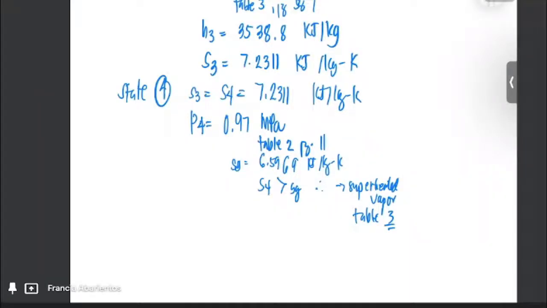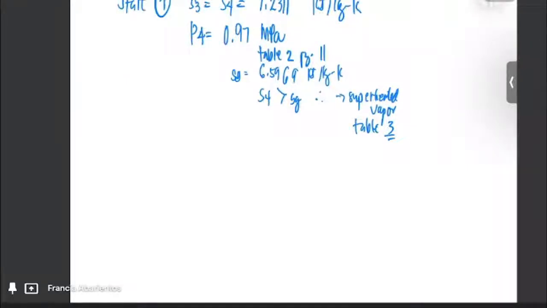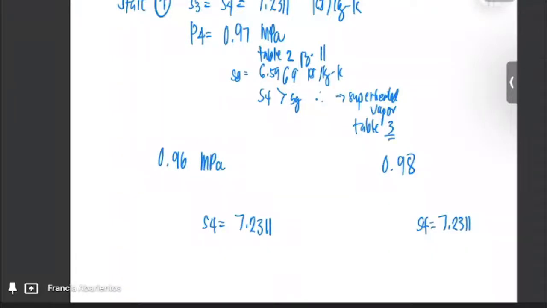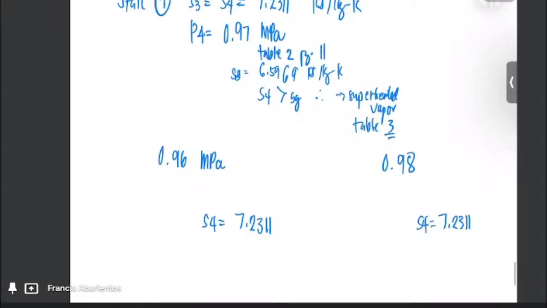0.97. Okay. We will make use of the, since double interpolation class, dito muna tayo sa 0.96 MPa. Hahanapin natin si S4, which is 7.2311. As well as si 0.98, hahanapin natin si S4. Okay? Let's do this. Hanapin nyo 7.2311. Make use of this, yung S natin,